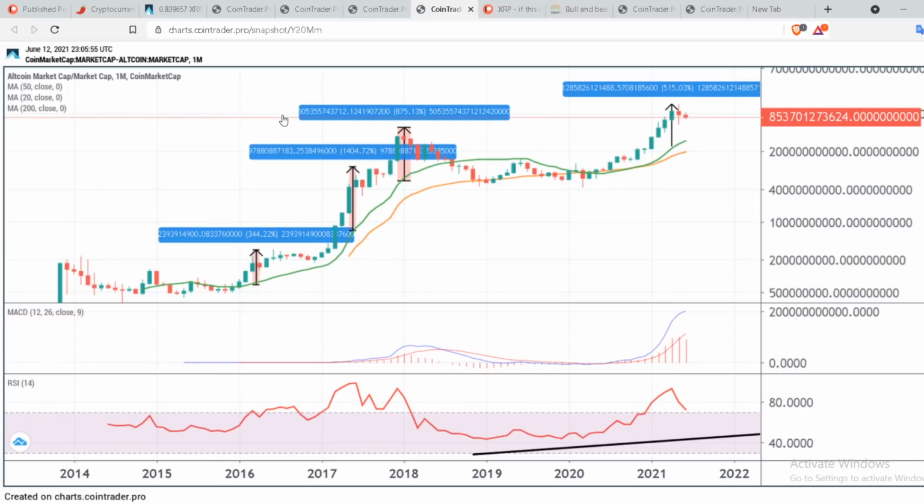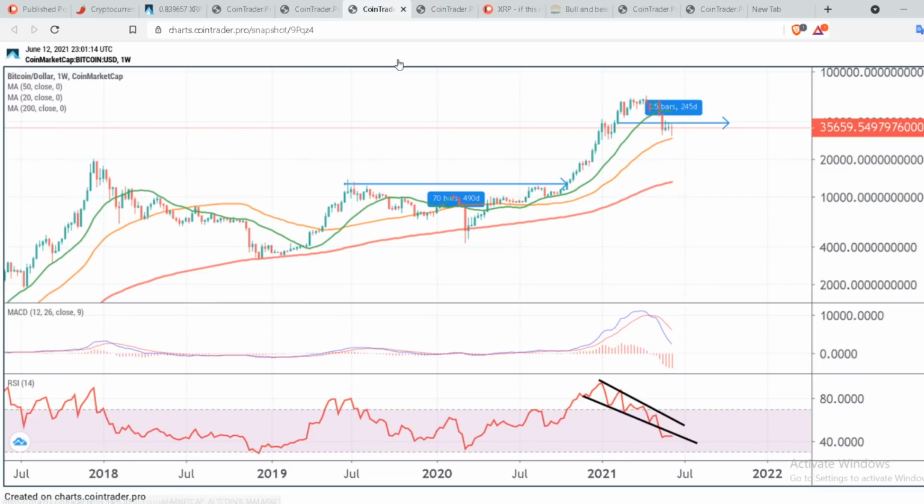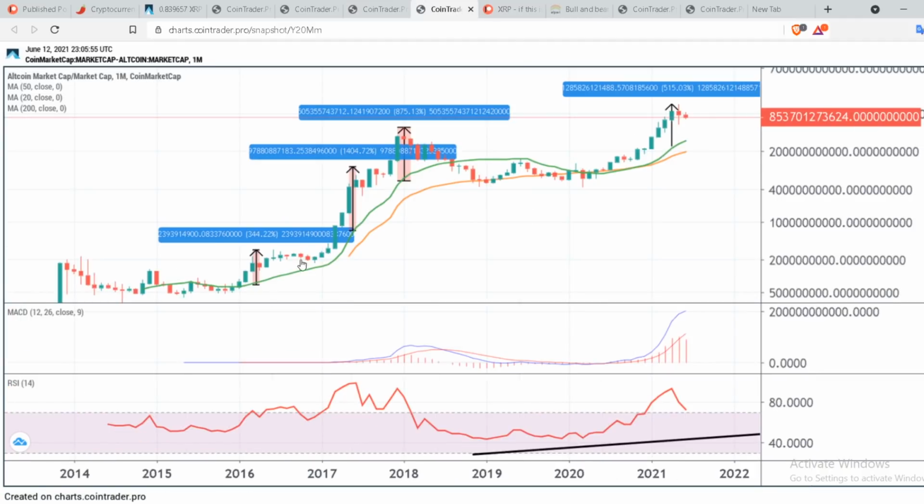Now, this is altcoin market cap on a monthly, which is the macro scenario, and this one is Bitcoin on weekly. Both of them are intended to show you the consolidation phase and the impulsive range. See here, at first, when it was going towards the all-time high or above, it was around 344% above the moving average. So here, on a monthly, you only get to have that 20-day moving average. So right now, we are looking at that.